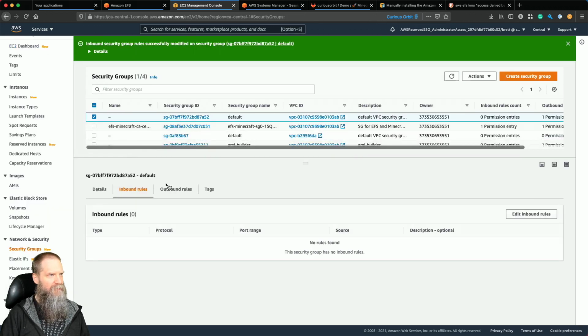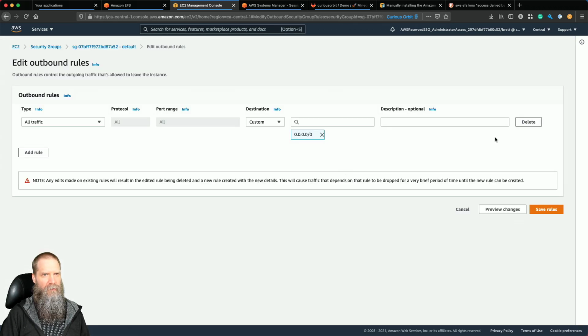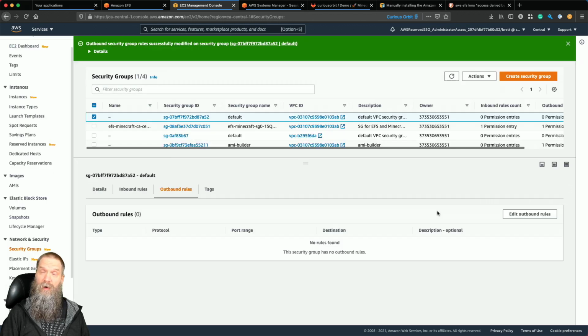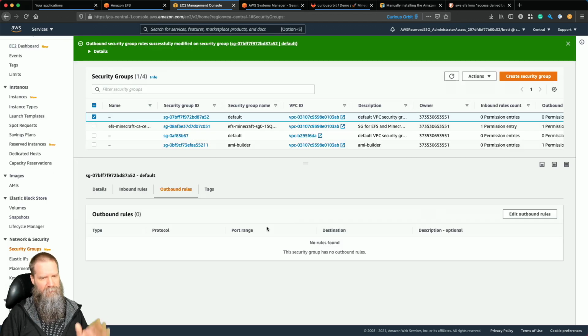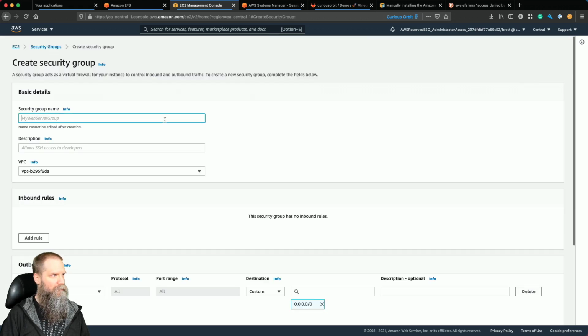The reason we do that is because it's actually one of the Security Hub benchmark checks. And it'll throw an error at you saying it's not right. So what we're going to do is we are going to say create a new security group,